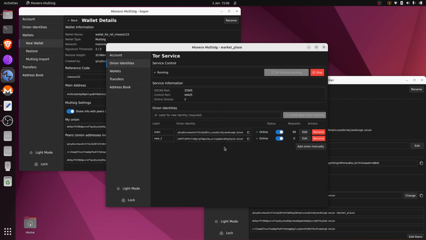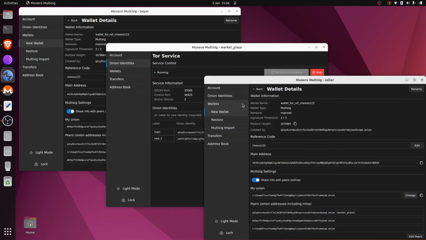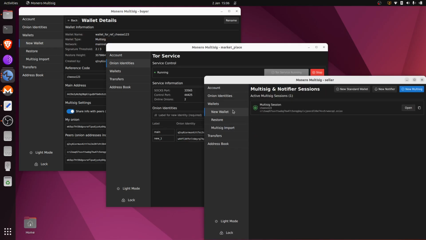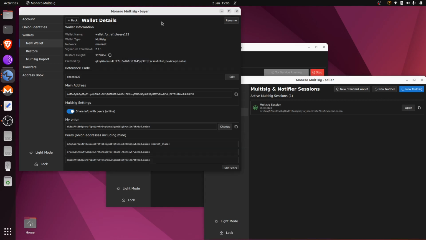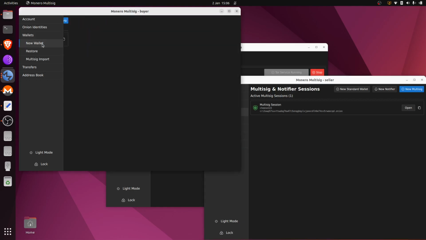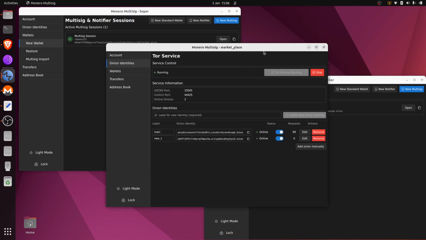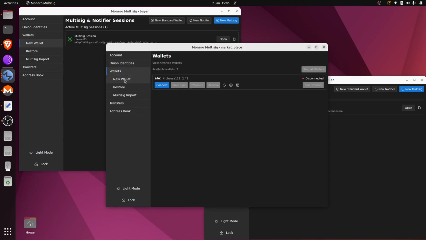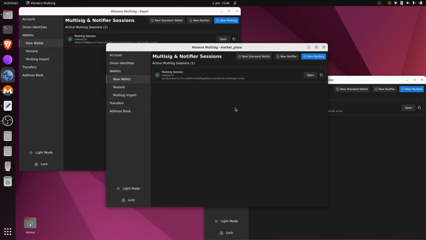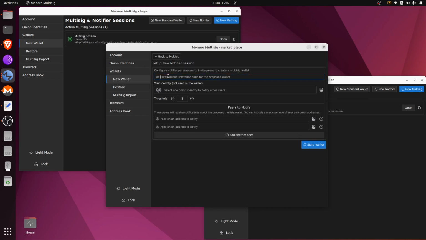Okay. And what this will allow us is also to create multi-sig wallets using another feature from this app, which is called Notifier. And we'll just exemplify that right now. So if you go again to new wallet, coming from the profile of the marketplace, we can select Notifier, and we can select a new reference, call it Toast